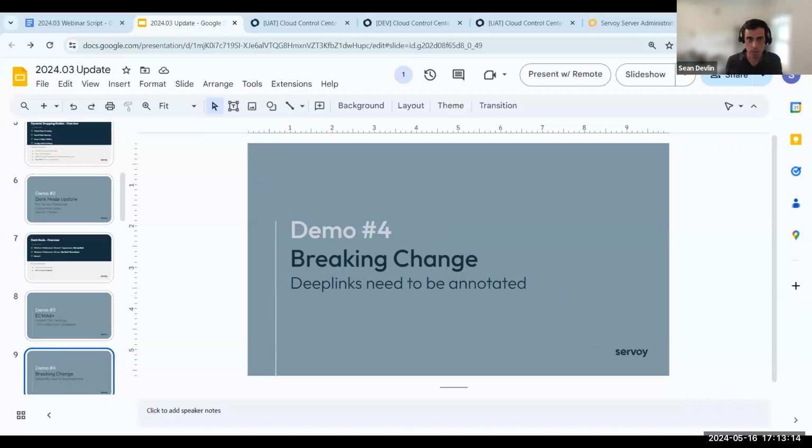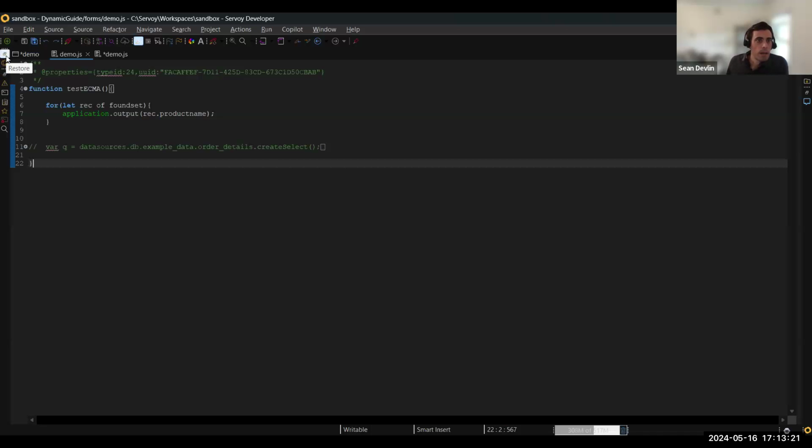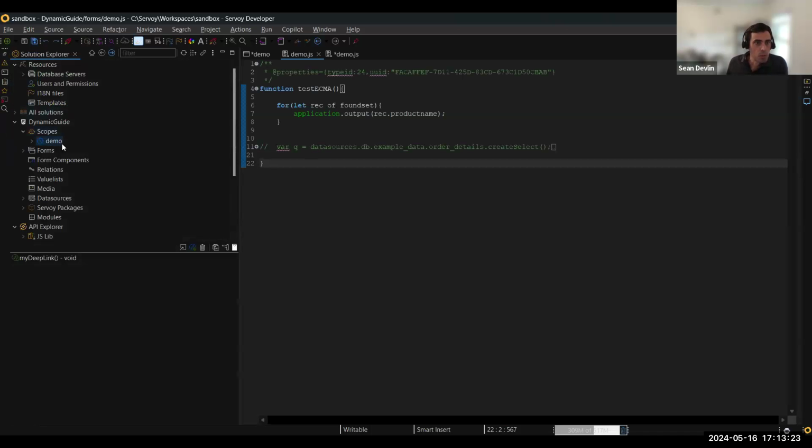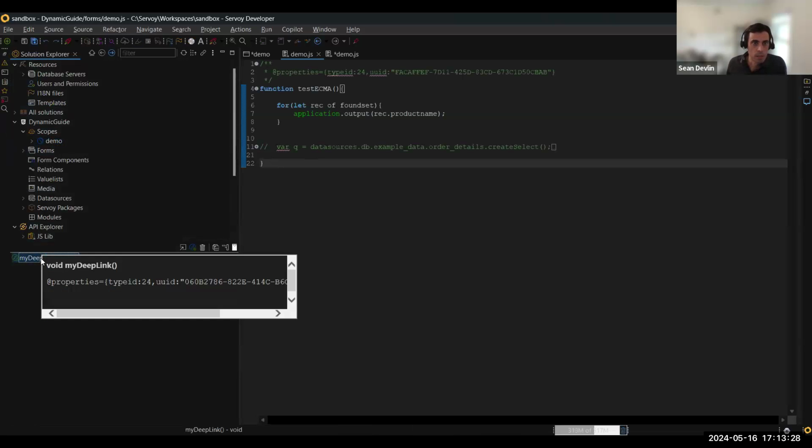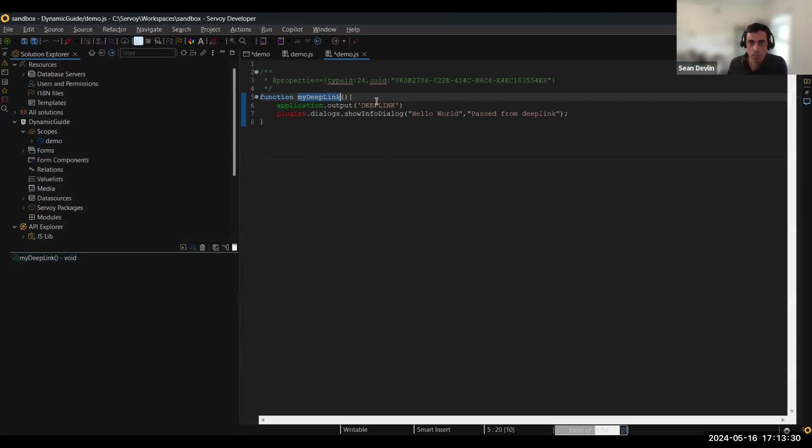So first, let me show you some code that I wrote here to handle a deep link. I have to switch my share back to the IDE. In the Solution Explorer, you can see here I have scopes, demo, and my deep link. And it's a very simple solution where if this deep link method gets called, I'm just printing out to the console deep link, and I'm showing a dialog that says that this was passed in from a deep link. Okay, so I'm going to switch back to my browser